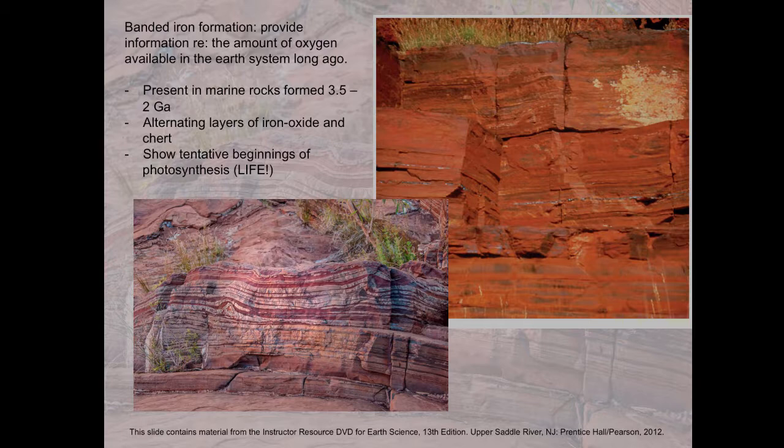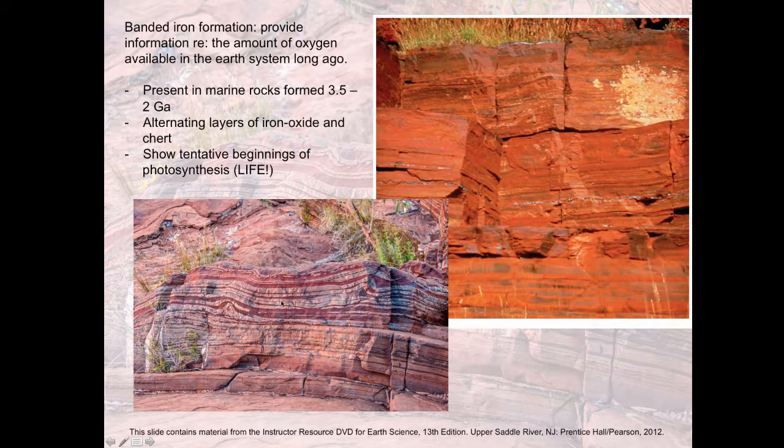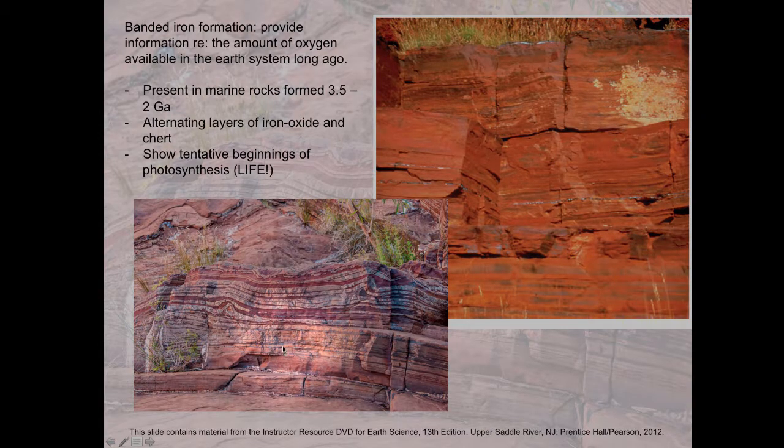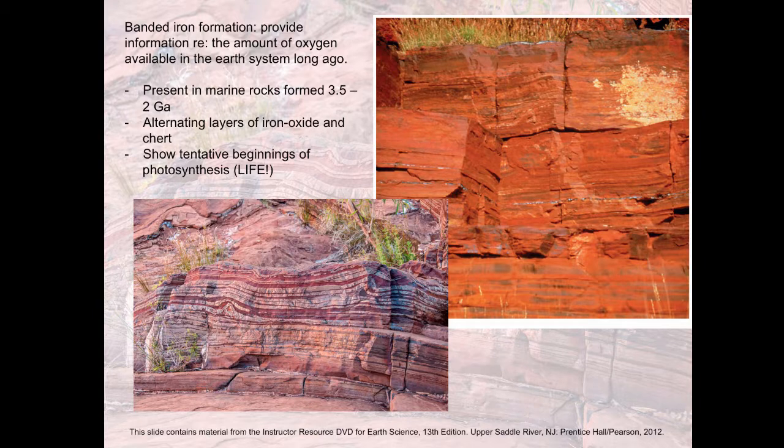Now, the periods of chert or non-iron oxide imply periods of lacking oxygen. And so what this kind of alternating structure shows is no iron, iron, no iron, iron, or no oxygen, oxygen, no oxygen, oxygen, moving on up. Red means oxygen, white means little oxygen or less oxygen. What that basically implies is that at this point in Earth history, photosynthetic activity was just beginning, was kind of stopping and starting. It was a kind of stop and go system where